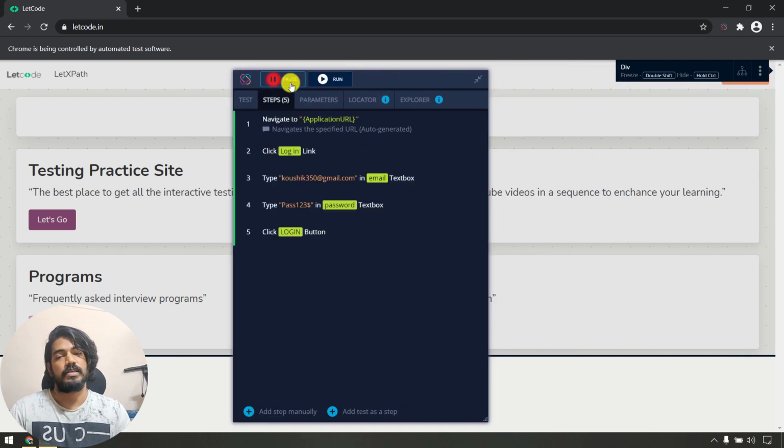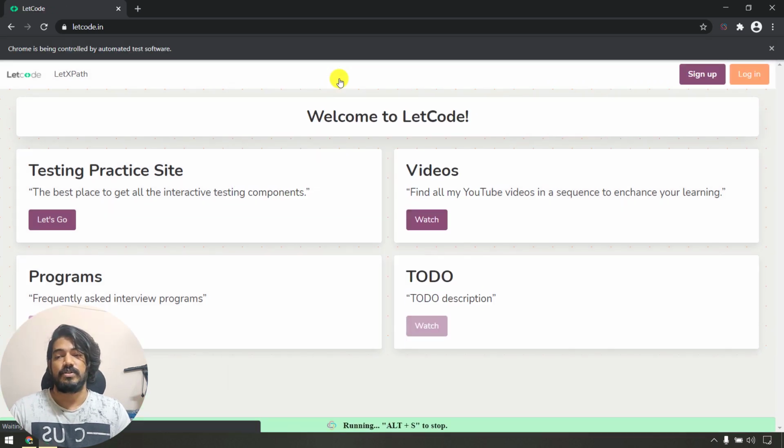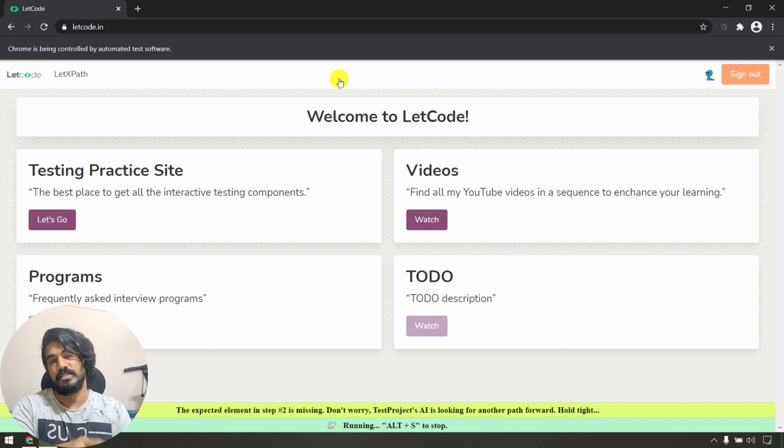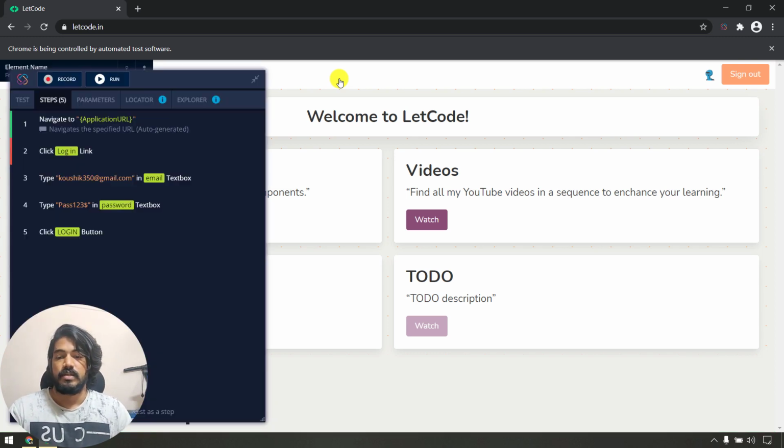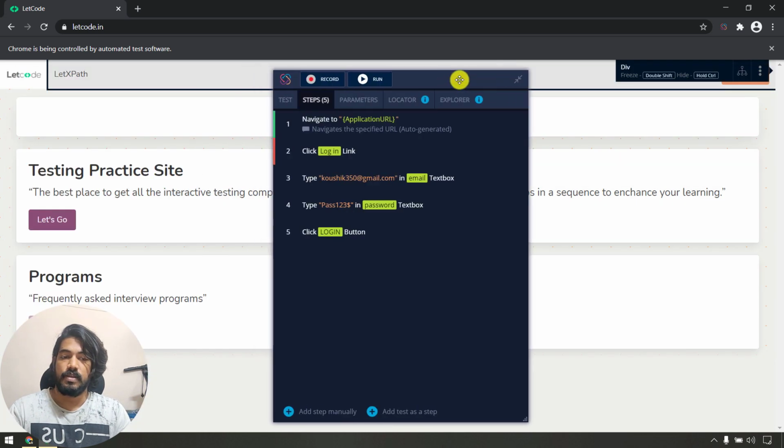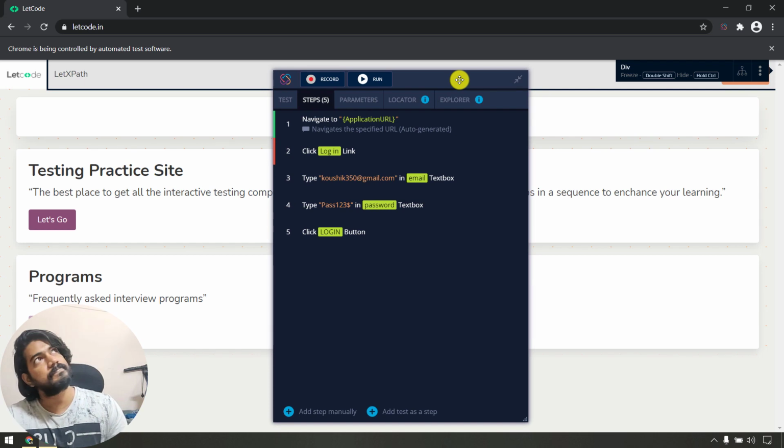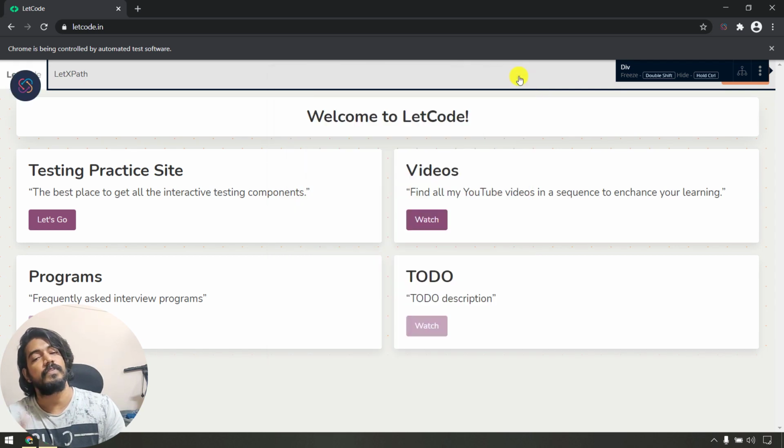So if I run this again, what should happen? Let's check this now. Okay, so I'm just going to click on the login, and yeah, it's already signed in. So obviously, the sign in button won't be available here. I expected that at least for the second run they should clear the cache and the cookies, everything, but that is not here. And this should lead to, I believe, a failure.